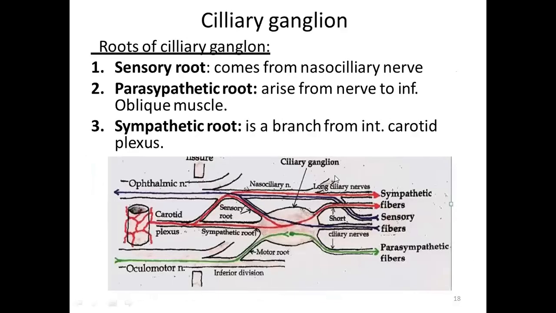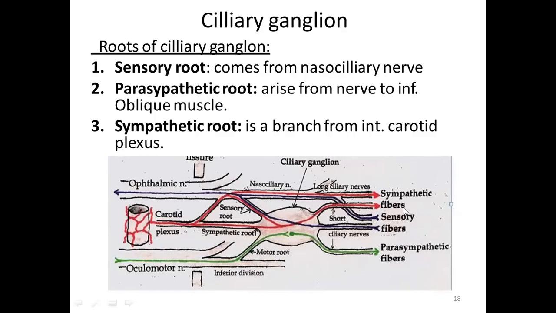This is how the ciliary ganglion can be located. Roots of the ciliary ganglion: sensory root, parasympathetic root, and sympathetic root. The sensory root comes from the nasociliary nerve. The parasympathetic root arises from the nerve to the inferior oblique muscle, and the sympathetic root is a branch from the internal carotid plexus. This is how the ciliary ganglion relates to the internal carotid artery, ophthalmic nerve, and nasociliary nerve, then